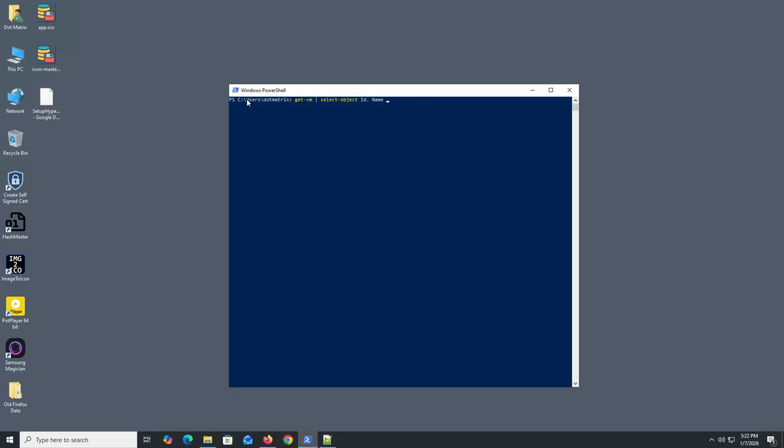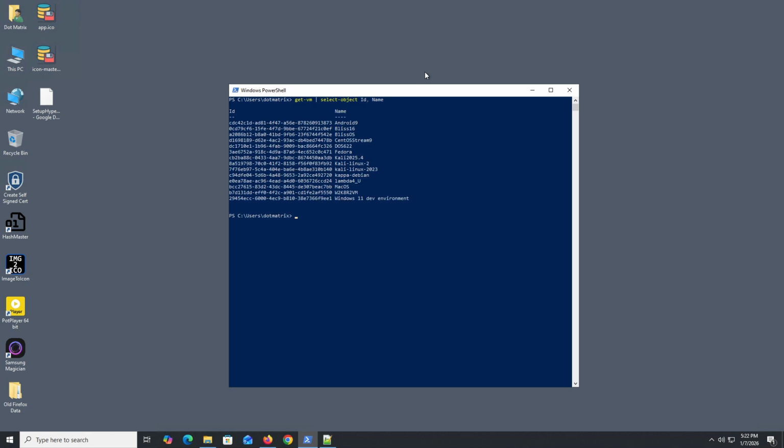At first, I want to show you what I mean. Normally, if you are looking at the Hyper-V hypervisor, you can get a list of all the machines by typing in this command in PowerShell. It gives you the ID and the name. And normally you would have to create a remote desktop file for each and every one of these by copying and pasting and all that sort of nonsense. Anyway, so I wrote a program to make this a lot easier